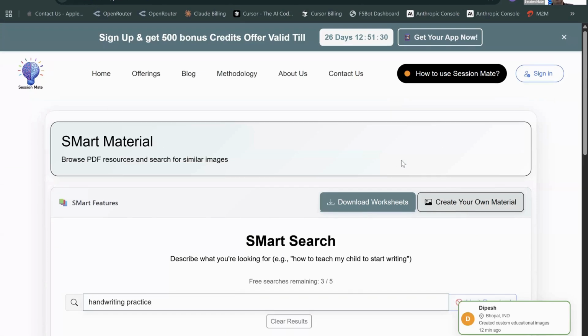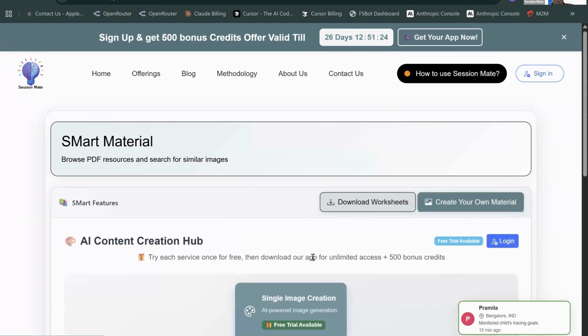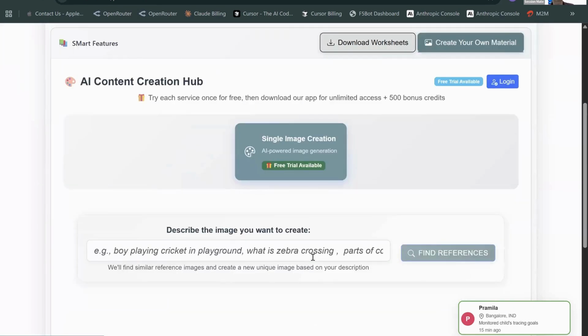The other aspect that we wanted to talk about is creating your own material. Now, let us first understand why it is important to create your own material. We all know that every child's need is different and every special child learns differently. So it is important that we have a mechanism in place which helps us customize the material with respect to